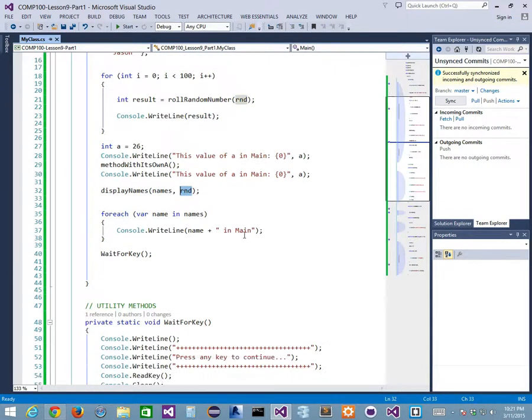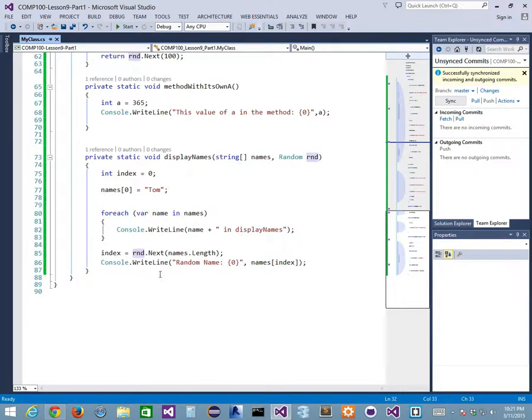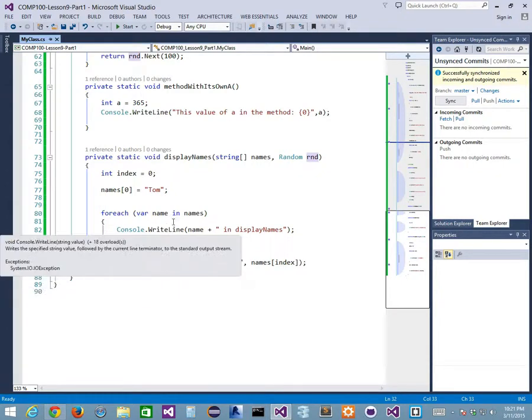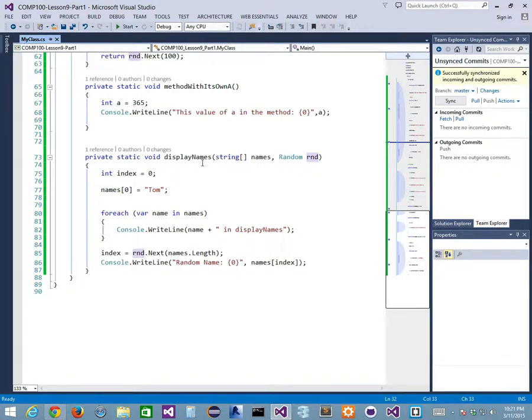Right? And if you notice, I'm only calculating this random name once at the bottom of every display name call. Right? If I wanted to run it within the for each loop, I could do that. It would be funny, but I would pull a random name out along with these other names. Kind of a useless example, but still, at least you get the fact that I can pass in multiple parameters,